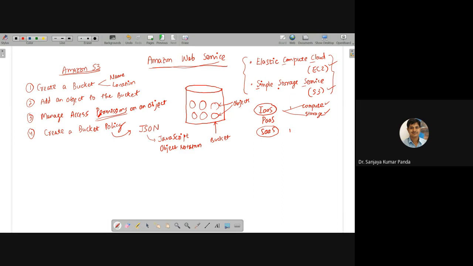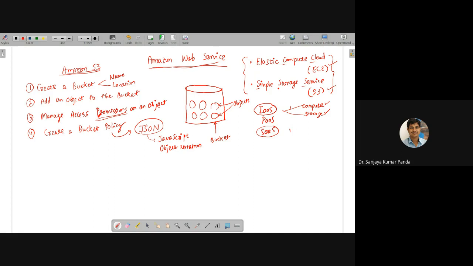But now the question arises, if you are not familiar with JSON and how to write the bucket policy. Either you can understand how JSON policies are written, and once you know how to write the policy, you can write your own policy. But if you are not aware of how to write the policy, still you can write it by setting a few configurations. Automatically the code is going to be generated. And once the code is generated, you can directly copy-paste that code and set it as a policy.